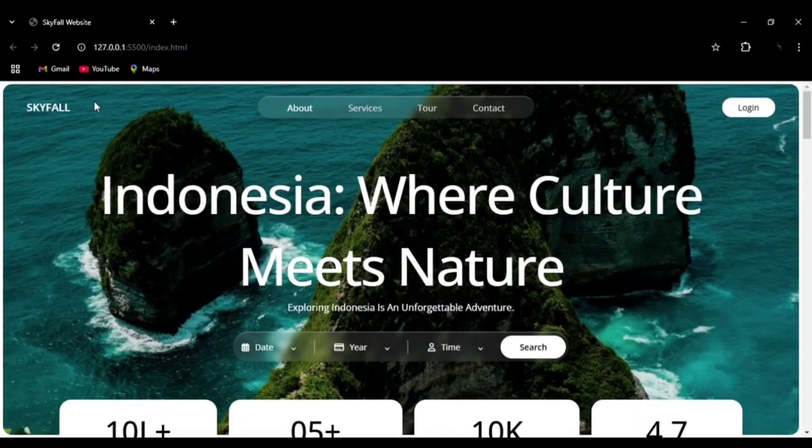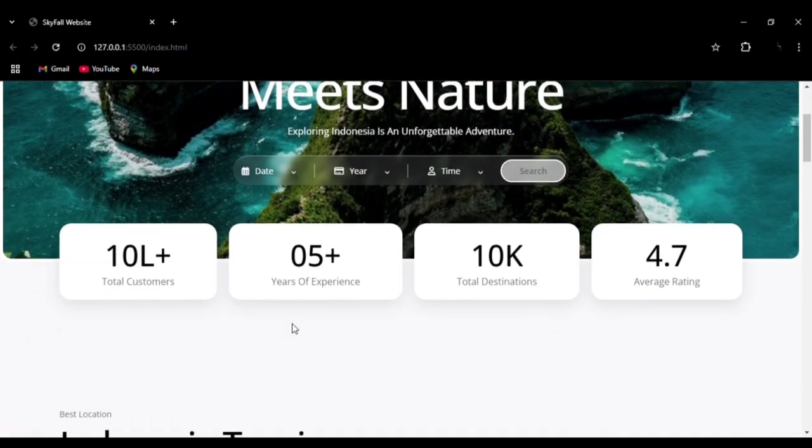Right now we are in the home section. You can see the about, services, tour and contact. You can see the glass morphism type navbar here, and you can see the login button, and you can see the hover effect on it, and you can see we have added date, year and time for searching. Then we added the boxes to let know the information about the total customers, years of experience, total destinations and